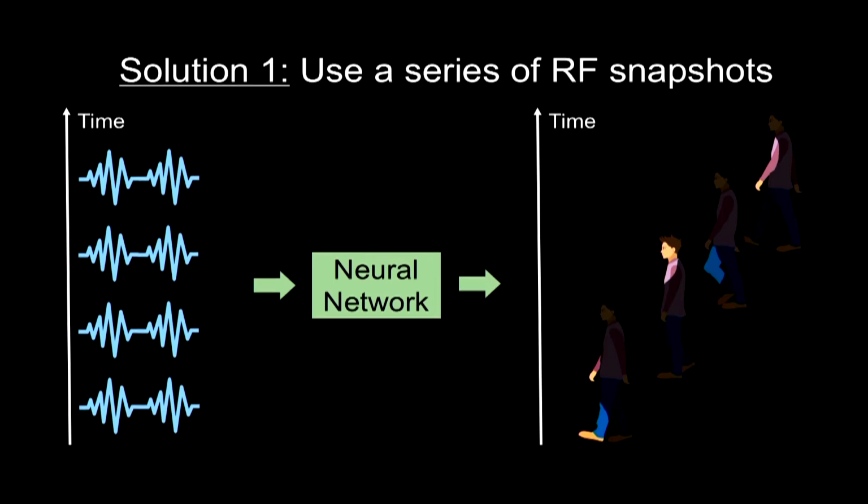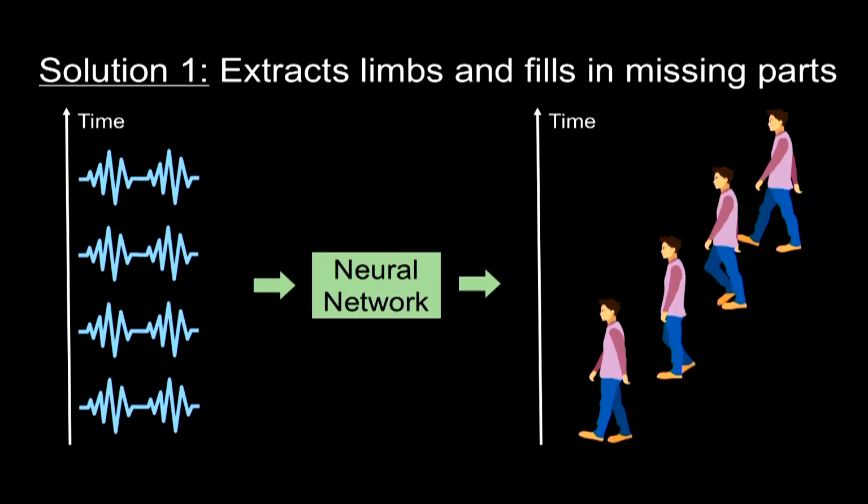So what we want to do is a bit more complicated than this. We want to give multiple snapshots to the neural network and teach it not only to generate body parts that are visible in each snapshot, but also to fill up the missing body parts in every snapshot. With that, we can get a full dynamic skeleton. Are we done? Unfortunately, no. Let me tell you the reason.